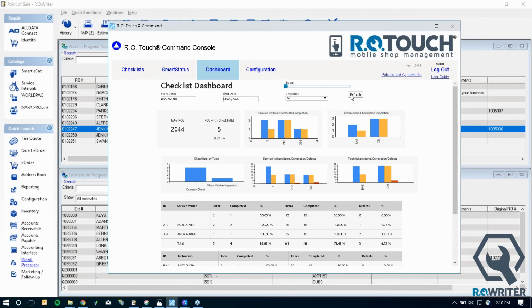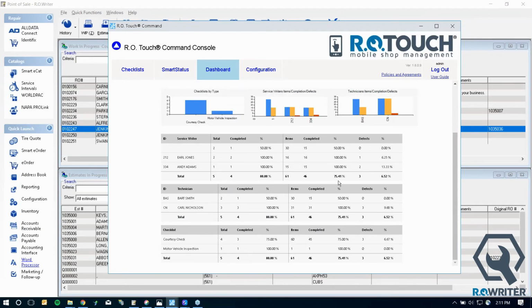That's a combination between courtesy check and state inspections. Now, what is really interesting about this, it gives you analytics for each of your service writers that have written up tickets with courtesy checks, along with how many defects and completed checklists for each service writer. Now, obviously, the service writers aren't the ones completing the checklist, but the completion ratio falls upon the technician to complete. Obviously, it's a two-person force when you're dealing with checklists because the technician is going to get the checklist from the service writer, so it's up to the service writer to make sure the technician is going through and